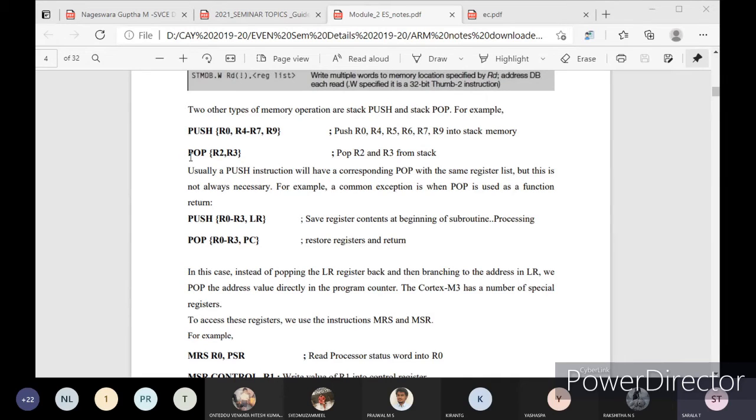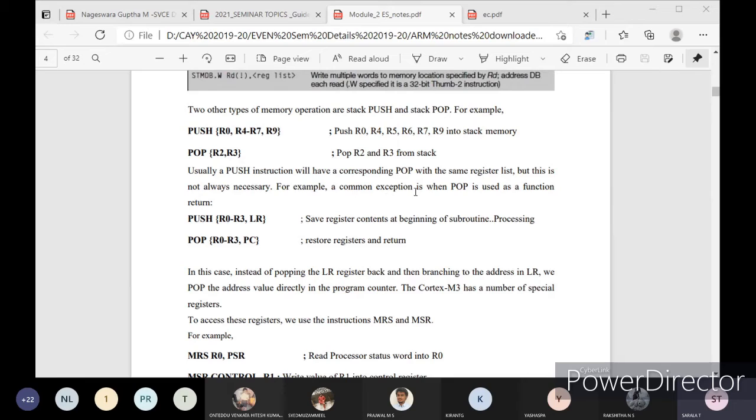If you want to pop the register values, then you have to pop towards R2 and R3. Here, whatever instruction they have given, with respect to that, pop the data into R0, R2 and R3 from the stack. Usually a push instruction will correspond to a pop with the same register list, but this is not always necessary.